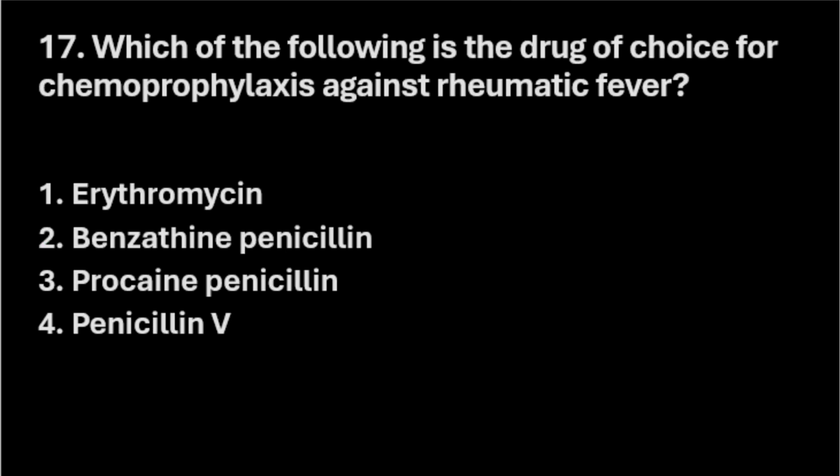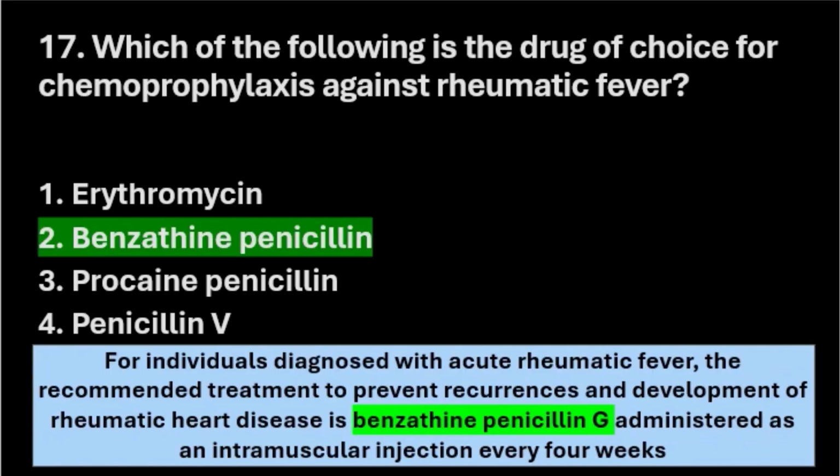Next question. Which of the following is the drug of choice of chemoprophylaxis against rheumatic fever? Option 1 erythromycin, option 2 benzathine penicillin, option 3 procaine penicillin, and option 4 penicillin V. Rheumatic fever, the choice is option 2 benzathine penicillin. For individuals diagnosed with acute rheumatic fever, the recommended treatment to prevent recurrences and development of rheumatic heart disease is